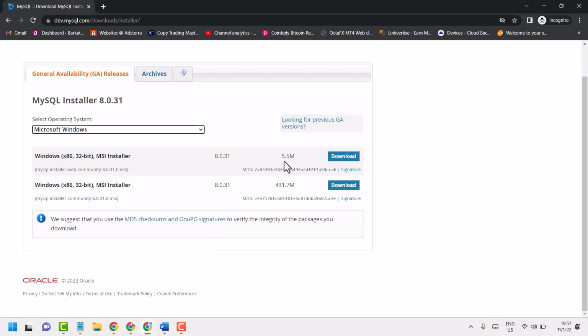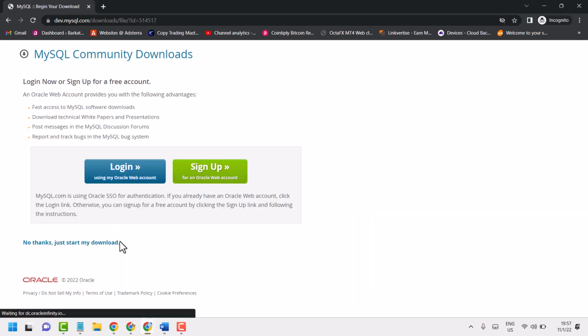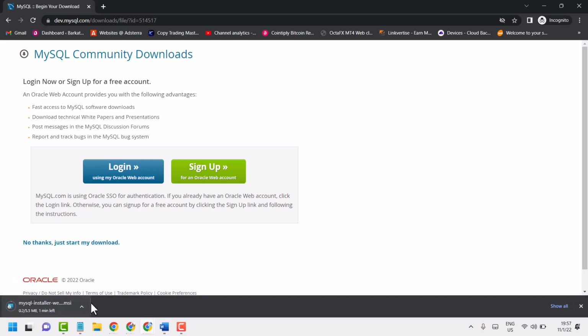A very small file, 5.5 MB. If you don't need an archive, click here, no thanks, just start my download. So download and install